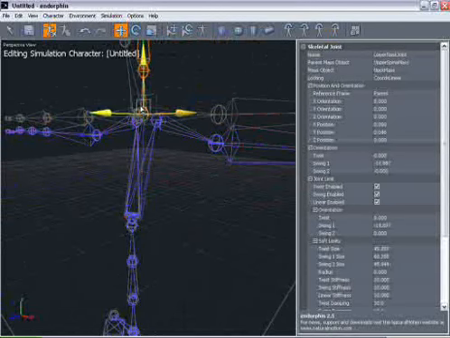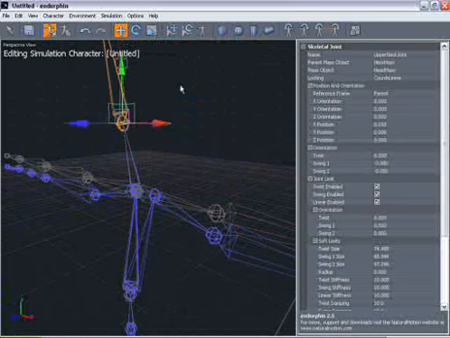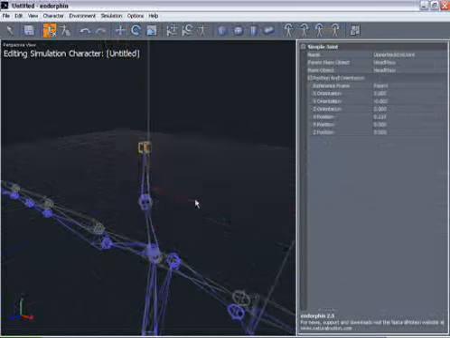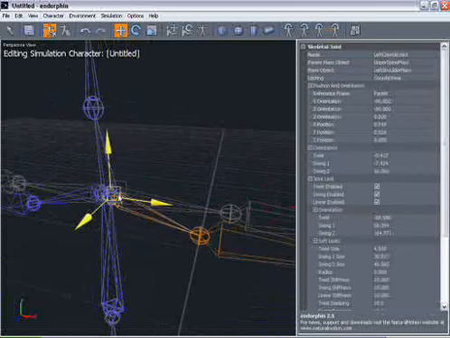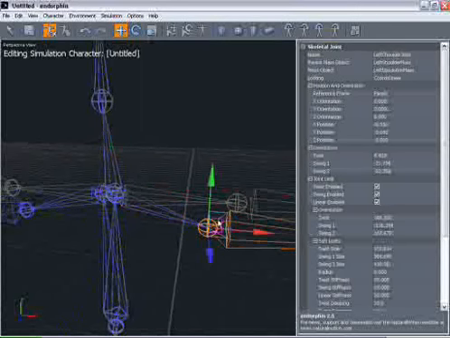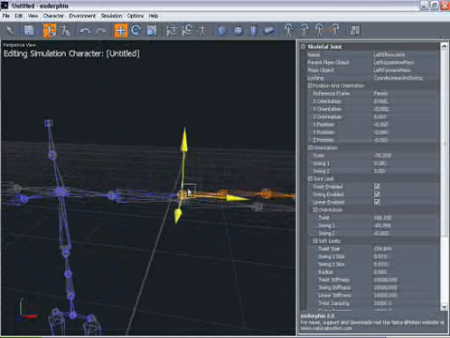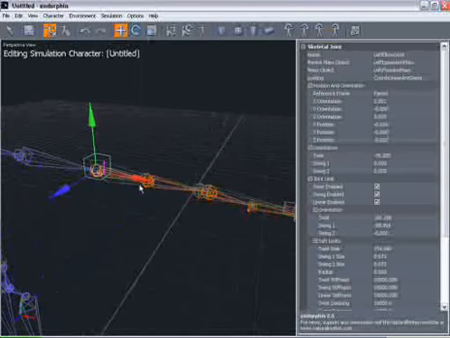Select the neck, snap that, the head and the head end, and then going down the arm, snap the collar into place, shoulder, elbow, and again you can see we've got an extra